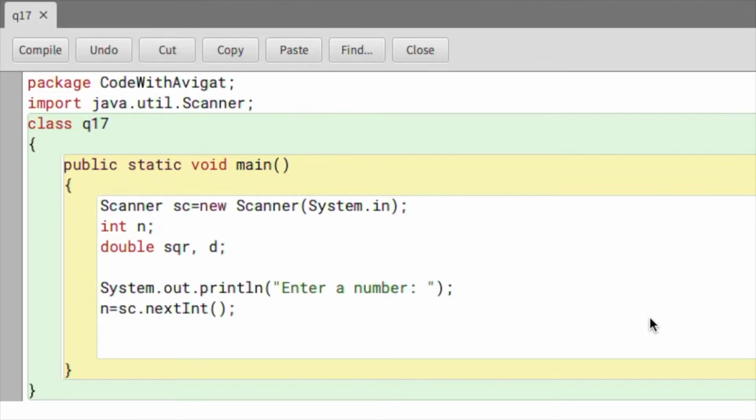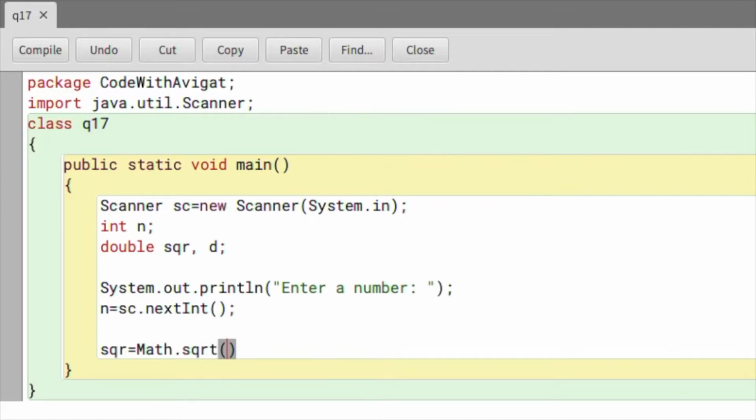So in order to calculate the square root of any number, you'll have to use a function called Math.sqrt or Math.squareroot, which is an inbuilt Java function which you'll be using for this code. So like I mentioned before, we'll be using the sqr variable to store the square root. So sqr is equal to Math.sqrt. Math.sqrt is a math function, which is why we've added Math at the start of this function.